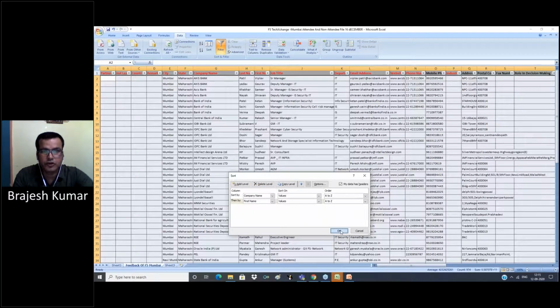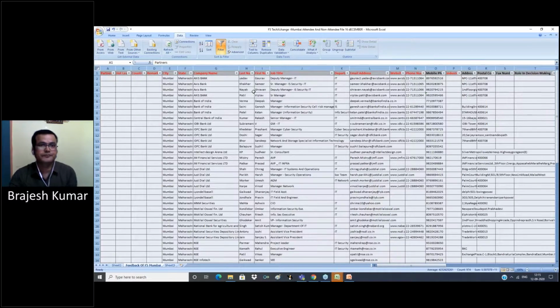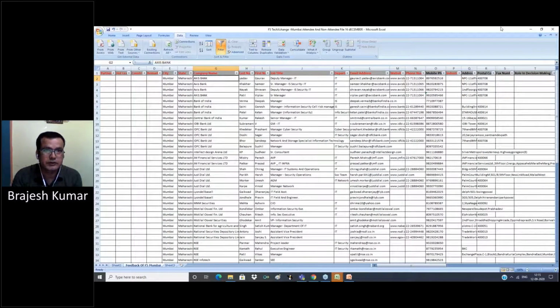Now click sort. Suppose Axis Bank, Samir and Shravan. Both names start with S, because we used first name and company name to sort our data, so they come together in the same company.